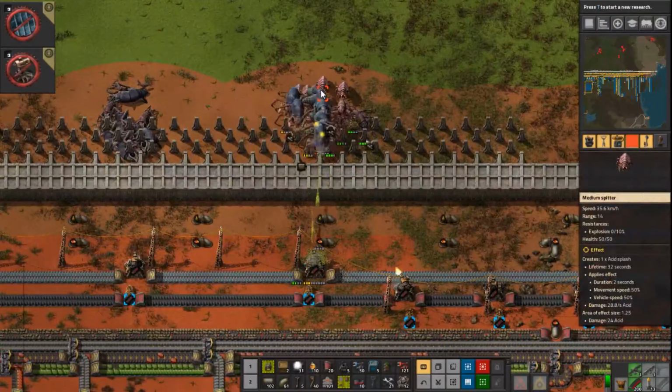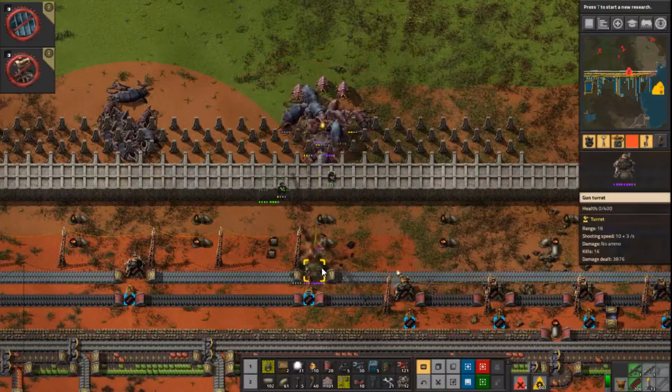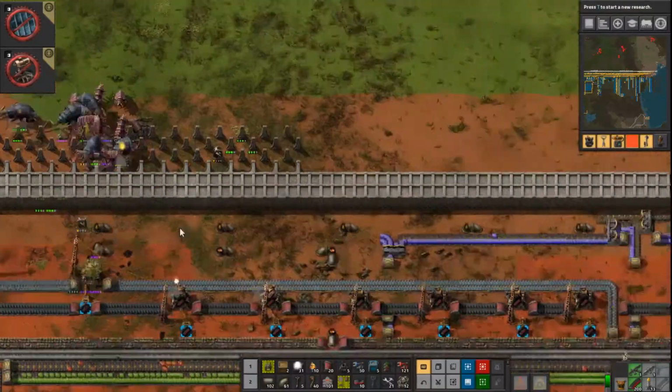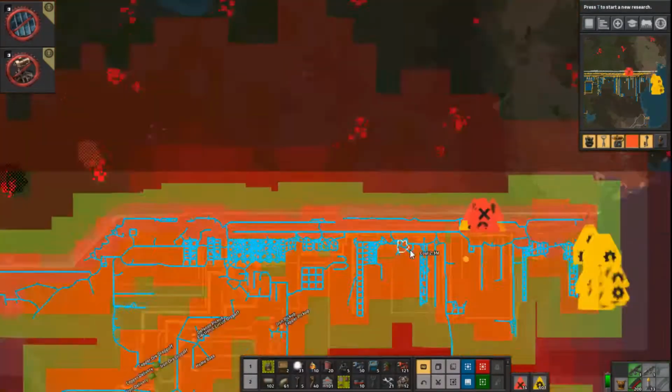Let's take a look at these. Looks like it's doing alright. Those spitters are causing some issues. Hopefully... Nope, didn't get there in time. Alright, well, that'll take care of stuff eventually. Looks like we're going alright around here. Anyway,